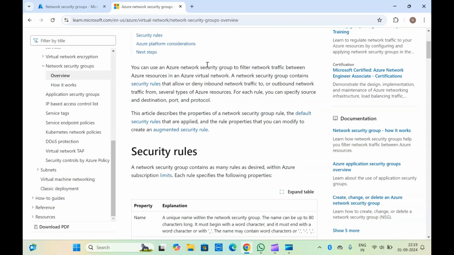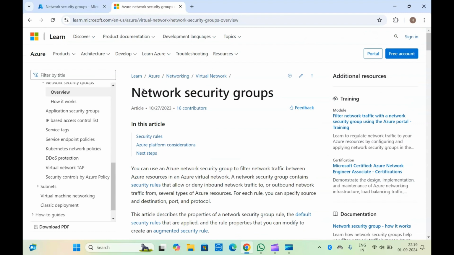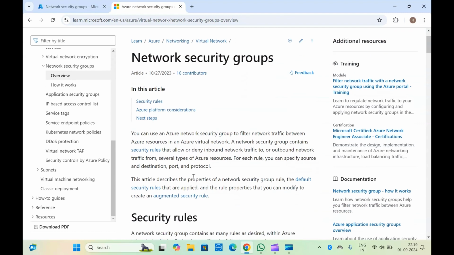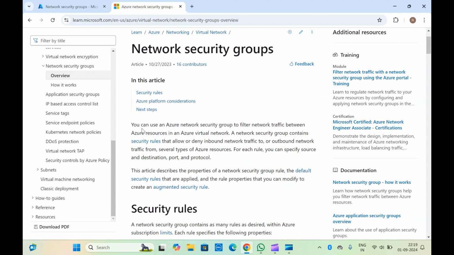Okay, so you can basically use network security groups to filter the traffic from or to your virtual network in your cloud. I am in the documentation. You can see the documentation here and understand about network security groups. You can use an Azure network security group to filter network traffic between Azure resources in an Azure virtual network. This contains security rules that allow or deny inbound traffic to or outbound traffic from several types of Azure